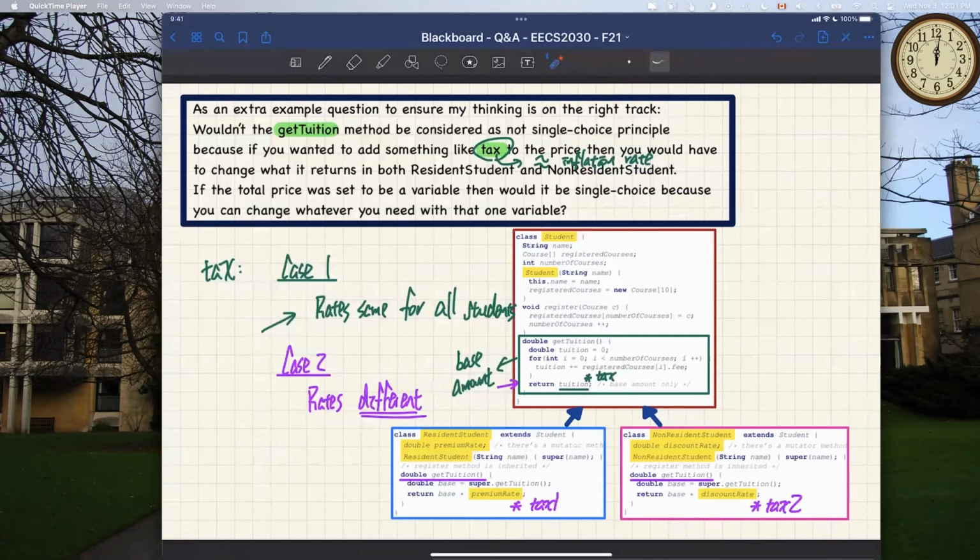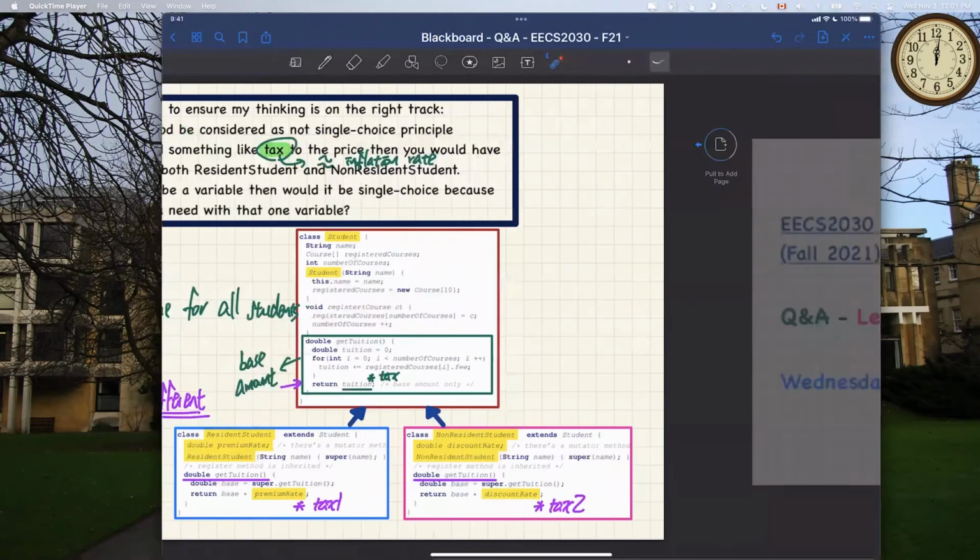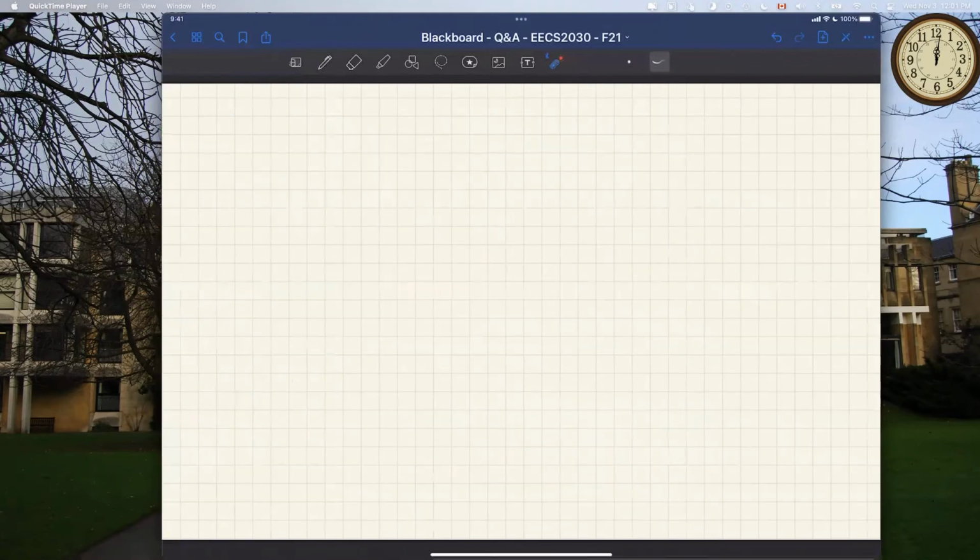Okay, can a subclass override a method from its grandparent class? Yes, it is possible, but in the following sense. Okay, it's a good question. Let me just give you the idea. You can definitely try. I think the simplest example would be, let's say this. Let's say we got one class A,